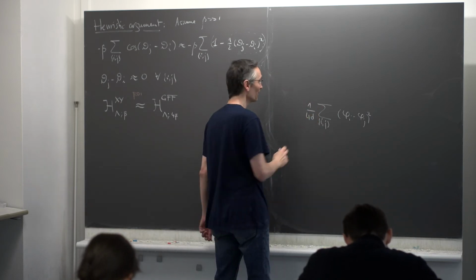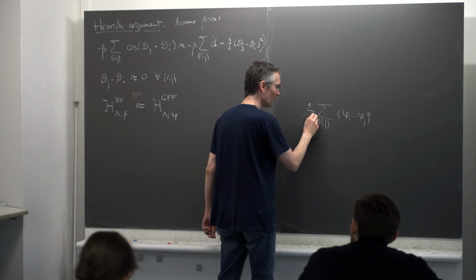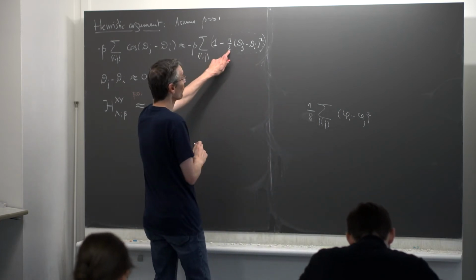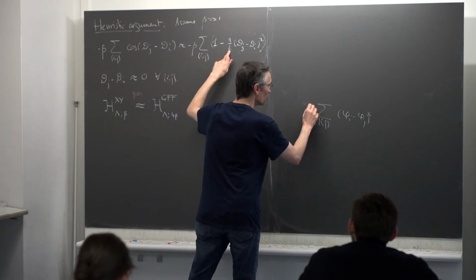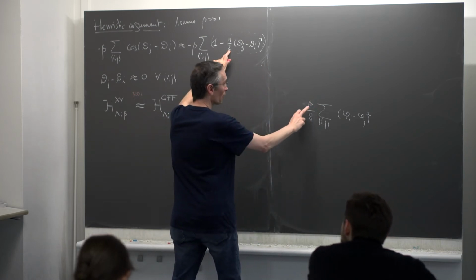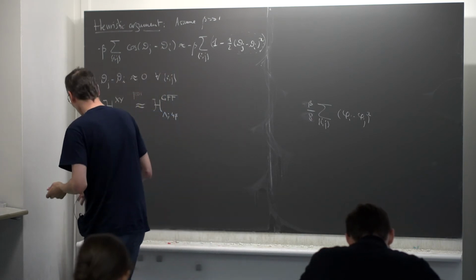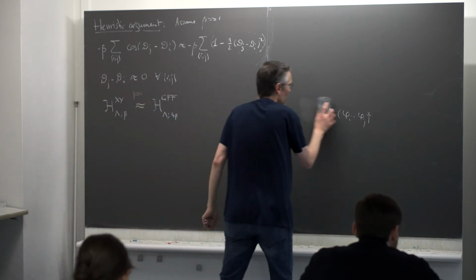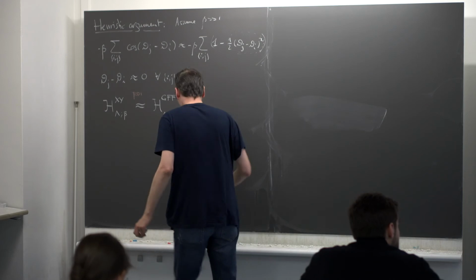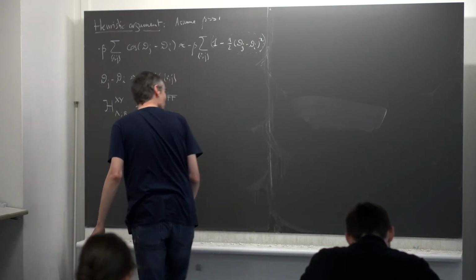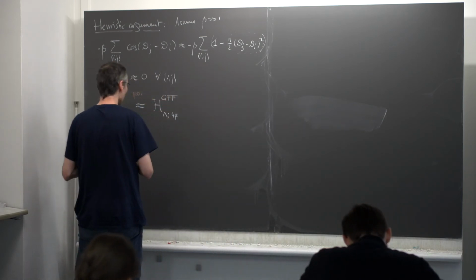Okay, if you remember, dimension is 2 here, it was 1 over 8, and I only have 1 over 2. There is actually beta also. So I had a beta over 8, and now I have only a beta over 2. So I have to compensate. This gives me 4 beta. It doesn't matter; it will just give me something quantitatively more precise, but it's not important. So you get something like that.